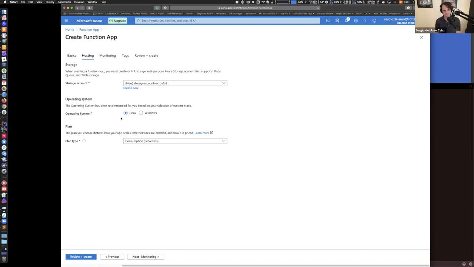but that shows how much things are changing at Microsoft. We have better support for Linux than for Windows. Absolutely. So fun. For plan type, I'm going to select consumption,